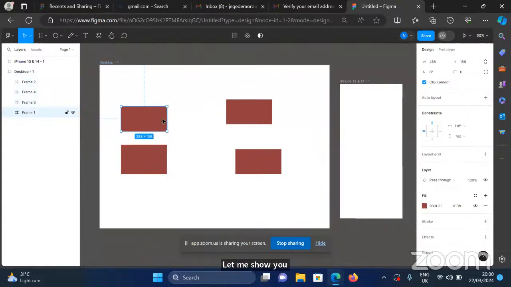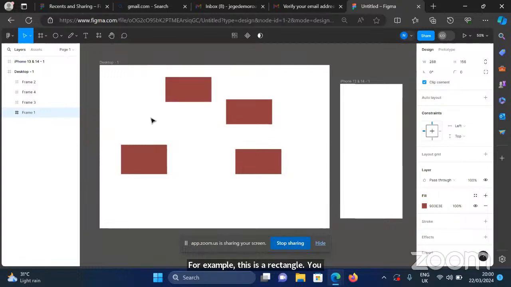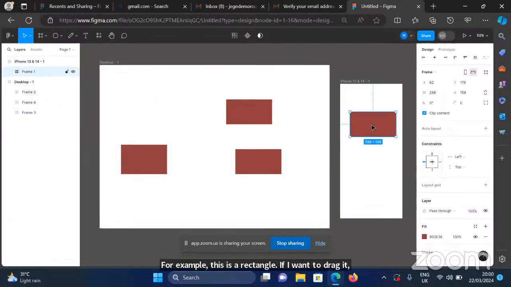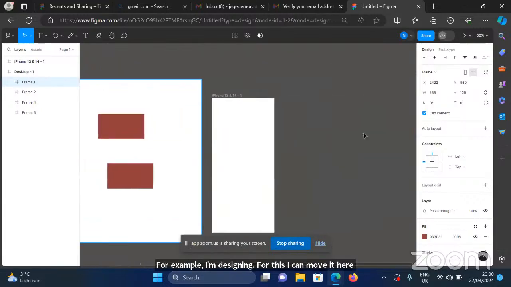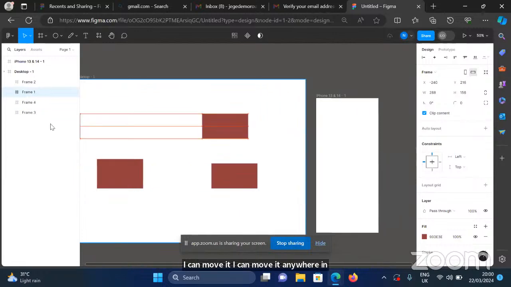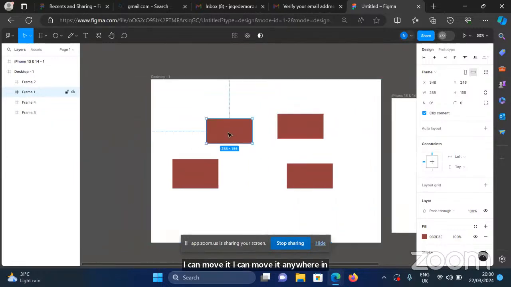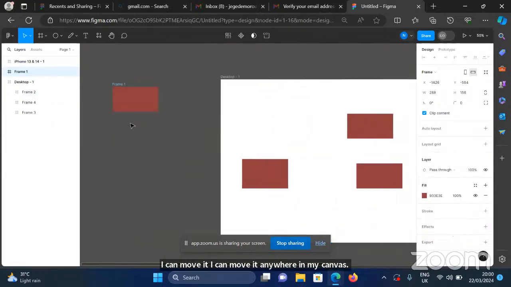For example, this is a rectangle. If I want to drag it, I can move it around with my mouse without even doing anything. I can move it to anywhere I want. For example, I'm designing for this, I can move it here. I can move it anywhere in my canvas. Normally, if I'm designing, I design outside my desktop frame. Then once I'm done,